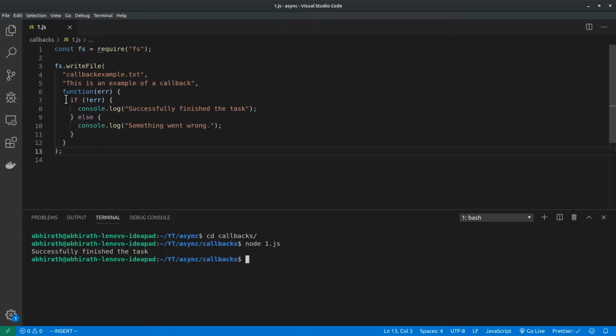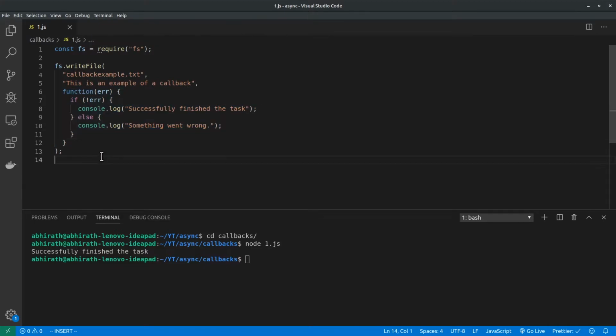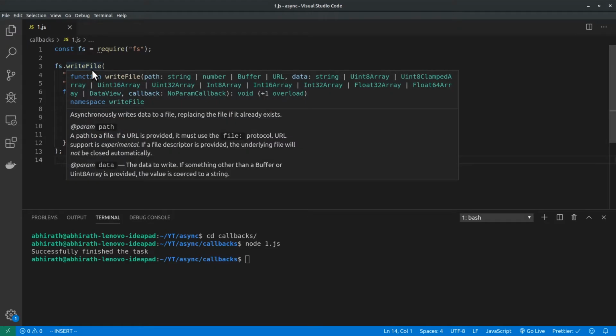Now you may ask, why are we passing a callback? Why do we even need a callback? That's a very good question. The answer is, how do I know that the task has been completed? I want to perform something after the task is completed.